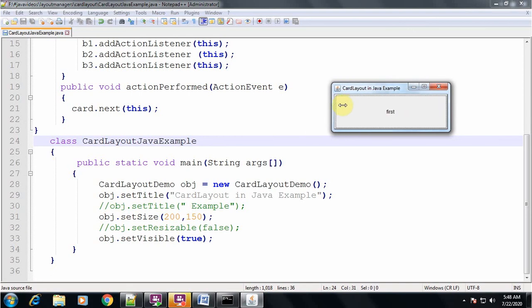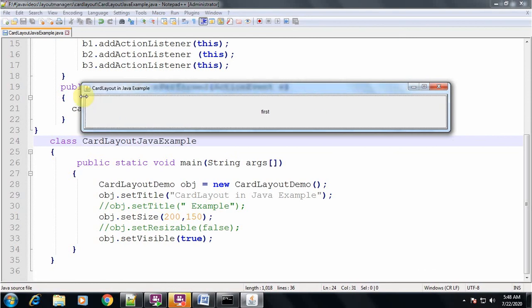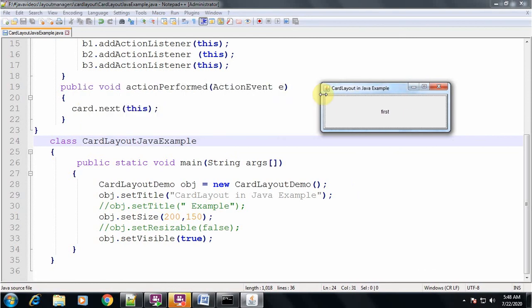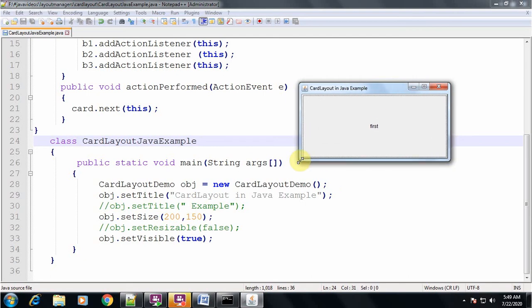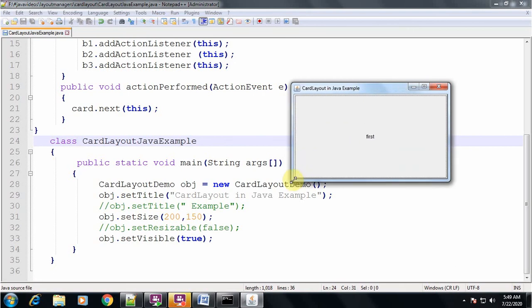When I take it at the center, I can either increase or decrease the length. But when I take this resizing corner, the height and width proportionately increase or proportionately decrease.